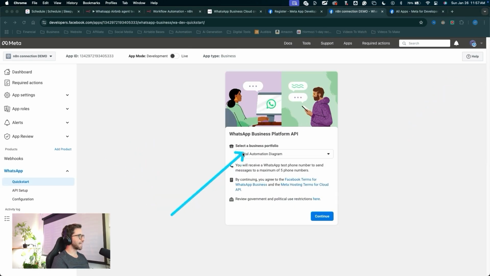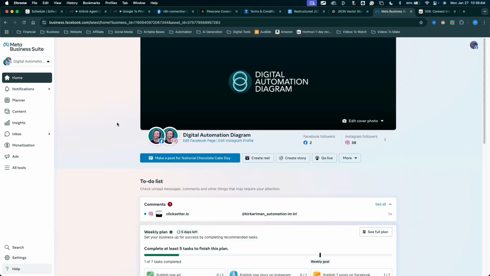Now we will need to add a business portfolio from your Meta business suite. If you don't have a business portfolio set up in Meta with any Facebook pages, I've got the tutorial for that in my Skool community. You can jump over there, check it out. But you will need a Meta Business Suite Business Portfolio. All right, so I'll just run through this really quickly. You're gonna come to